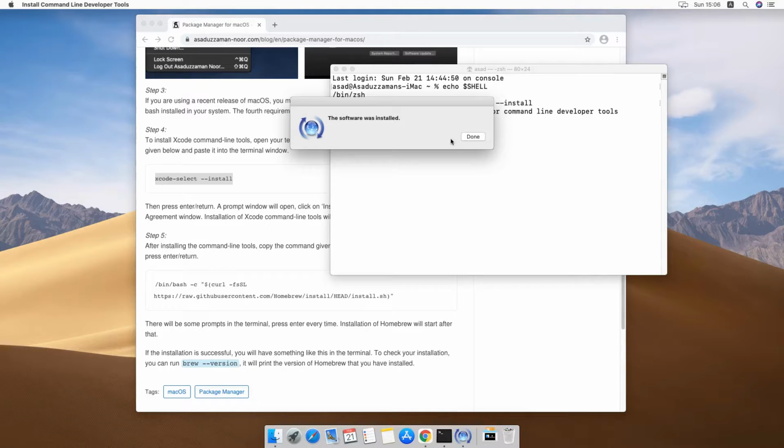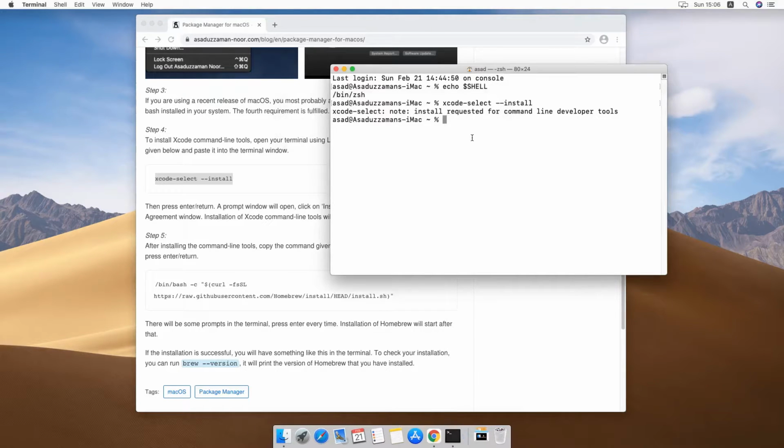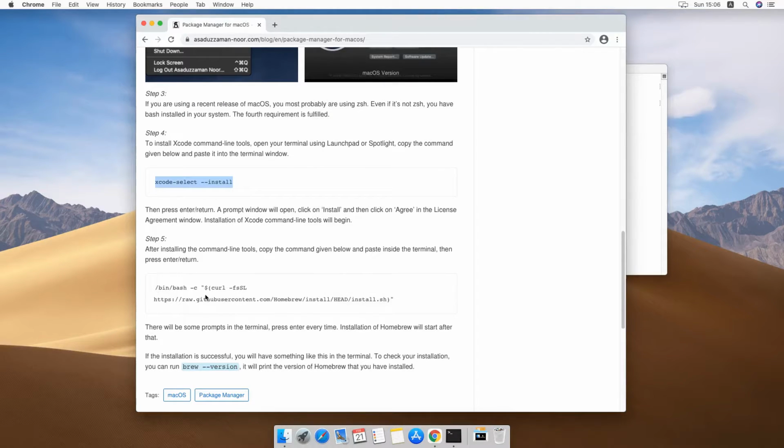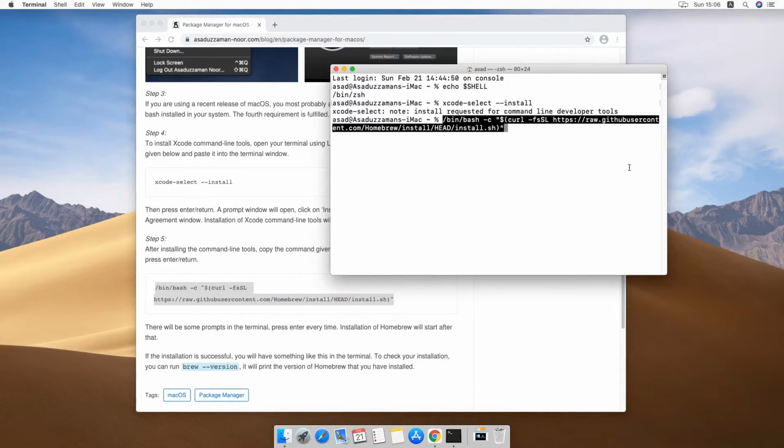Xcode command line tools is installed now. Now let's go for the fifth step. Just copy this command, select this command, then command C to copy, and then command V to paste in the terminal,